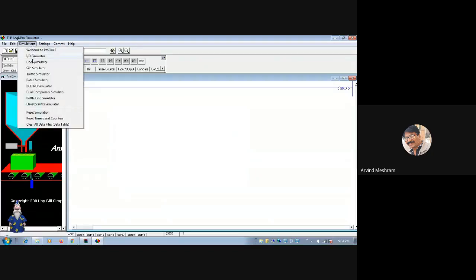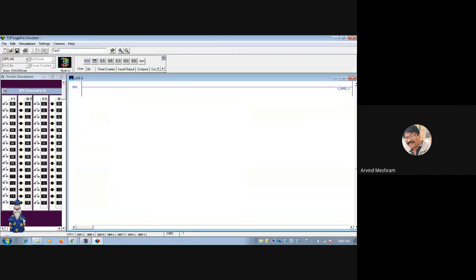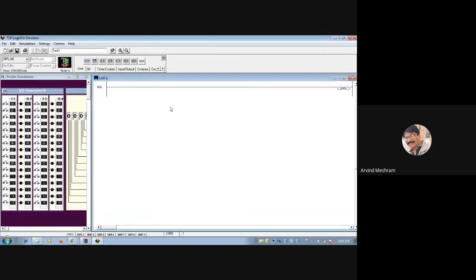In simulation, you can have the IO simulations, and you can have the various programming parts over there. Just to start with, I will make this switch. I will make this output over here. I will give the address of this particular switch and output, addresses of output, that is relays. This is an NO switch.